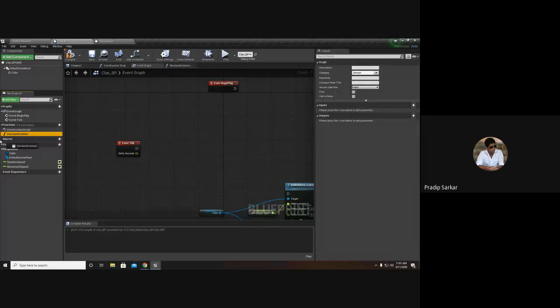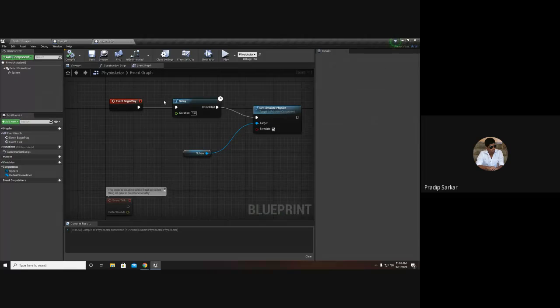To get the function, click and drag the function inside the event graph and attach it. Compile, save. Physics actor, I don't want to do any kind of physics. Compile, save.